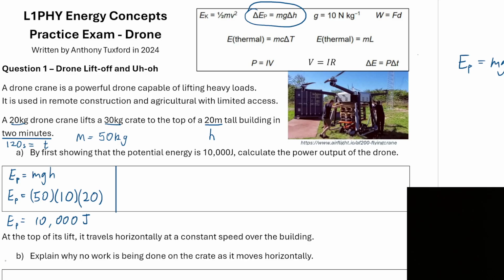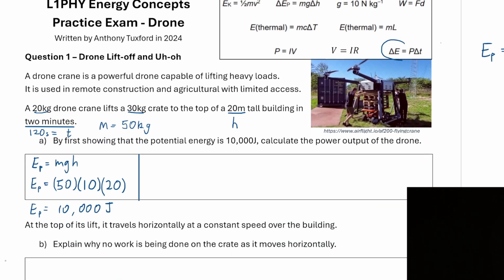Okay, what's next? Calculate the power output of the drone. Okay, so let's have a look at our formula sheet again. What equation relates power and energy? So the top row is a good place to start. It's mechanics. We've got kinetic energy, potential energy, gravity, work. Okay, no. Second row is thermal energy. Not relevant at the moment. Last row is mostly electrical energy, but the last equation,